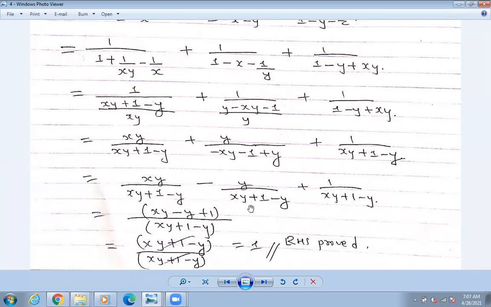Okay, milyo. यो सँग मिल्यो. So plus y becomes minus y. Is it okay? So this is also okay. That means if you take minus sign as common, all the signs are going to be changed, as well as our LCM is also going to be same. So this is our LCM. And if the LCMs are same, let us write on the upper number. And here what we can see is that we have the same numbers, xy is there, minus y is there, plus 1 is there, but not arranged the same way, but all the numbers are same. Aba cancel गर्नुको लागि तयार बने. Okay, so either change the upper number or change the lower number. यता मैले तलसँग चेन्ज गरे. Okay, so you can write on